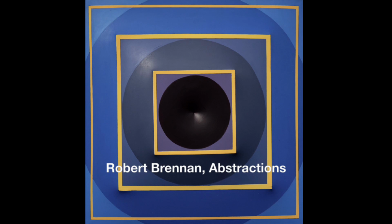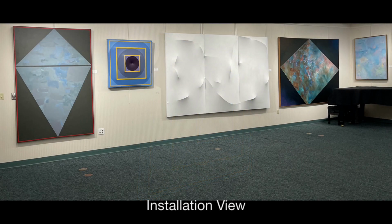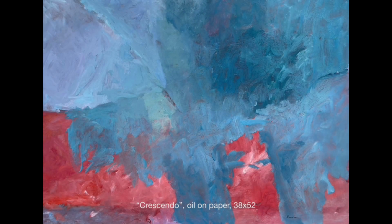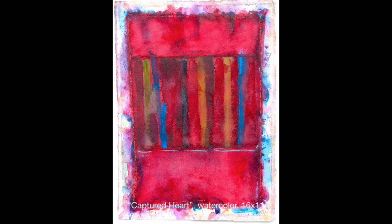The paintings and constructions in this exhibit are typical of what I've been doing for a number of years. I started out as a young guy, very impressed by abstract expressionism. I was a student in the 50s when it was still going strong. And as I worked, I found that this way of thinking, even more than any particular artist, but the whole idea of directness, of improvisation, of charging your brush with energy, it just really appealed to my